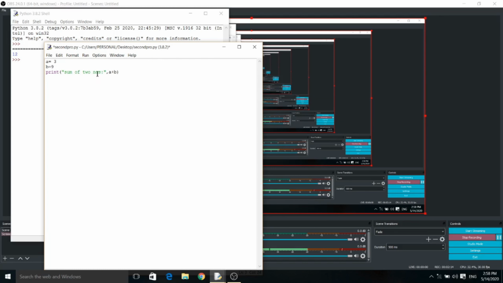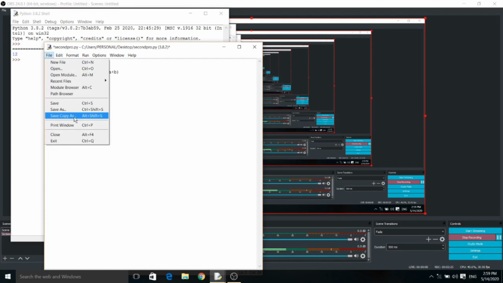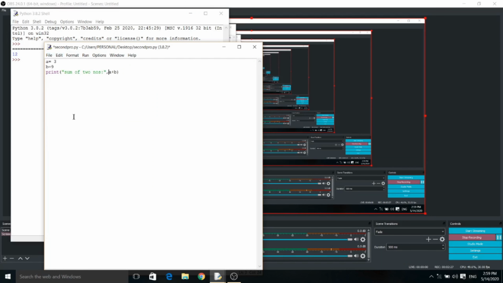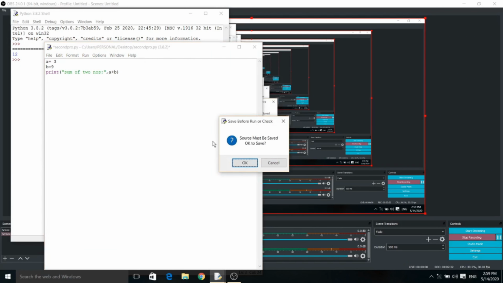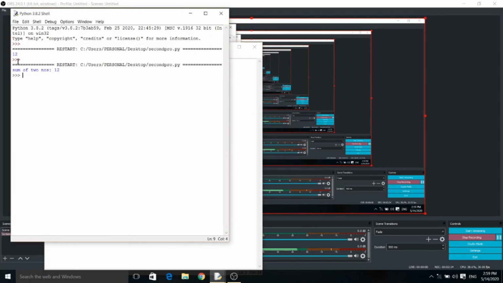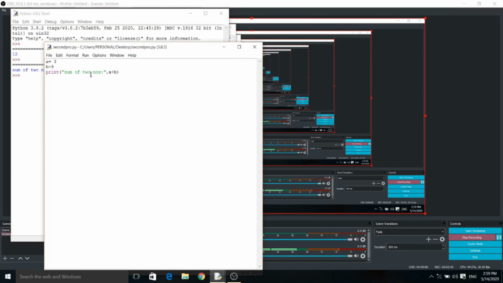So the text sum of two numbers is coming in green color, because I have included it within quotation marks. Now save it again, or we can use Ctrl S. After that we will run using the F5 key, and here you see that previously only 12 was coming, now it is coming as sum of two numbers 12.